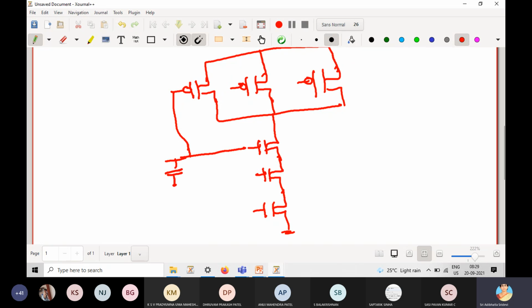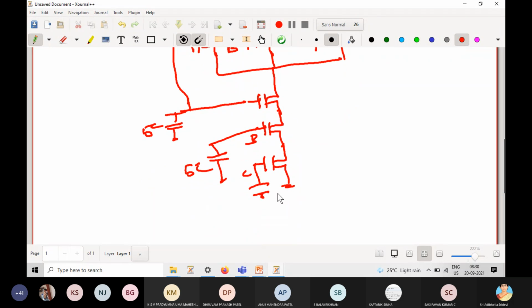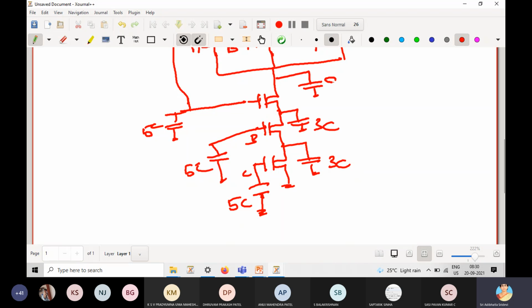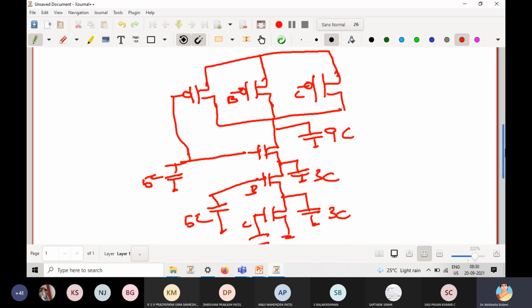Say, for example, these two pins we are giving some input. So this has a capacitance of 5C. Similarly from here, and this is B. So it has a capacitance of 5C. I'm not joining this because it becomes clumsy, so please understand they are connected. Here I have a capacitance of 5C. This is the C input. Here also I have 5C. And here I have a capacitance of 3C. Here I have 3C. Here I have a capacitance of 9C, correct?